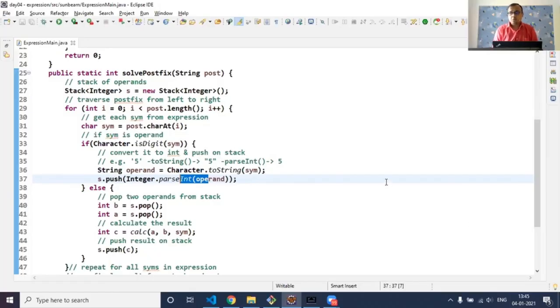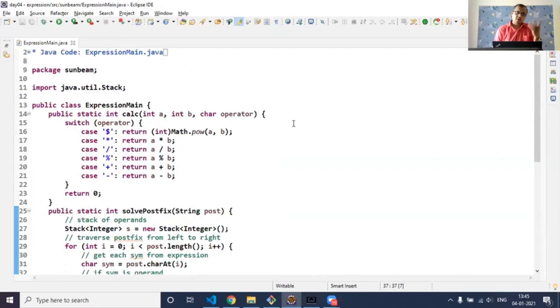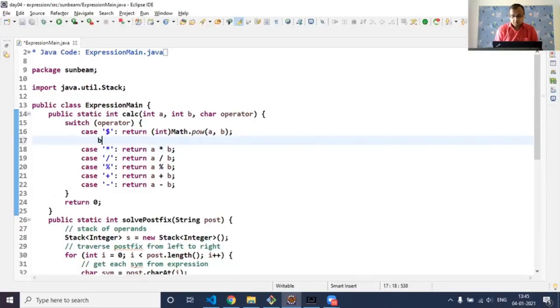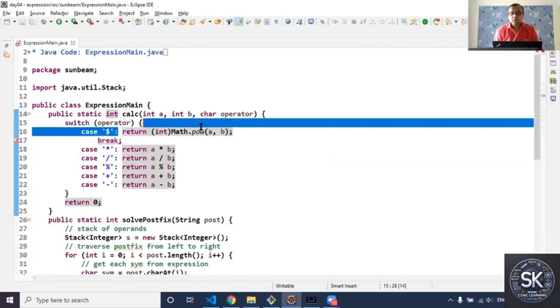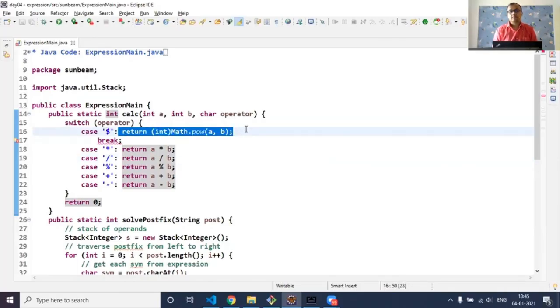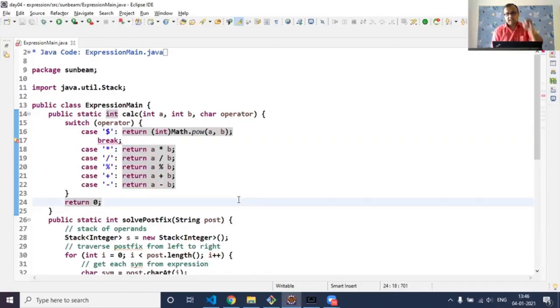Kuldeep's question is, why are we not putting a break in the cases? Kuldeep, if you are interested, go ahead and put the break as well. I really don't mind. But वैसे break का purpose क्या होता है? What is the purpose of break? कि वो अगली केस एग्जीक्यूट ना करे। If that is the purpose, वैसे भी रिटर्न से वो यही से रिटर्न होने वाला है ना? I hope Kuldeep you got my point. अगली केस वैसे भी एग्जीक्यूट नहीं करेगा।